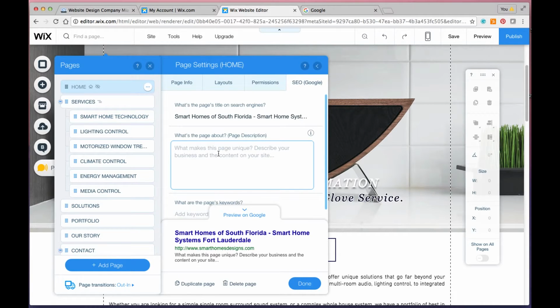However, I want to make sure that this description is going to be a motivating sentence, a motivating paragraph that gives a good view of what the user will find on this page, that would motivate that viewer to want to click on that link to find out more about the page. Again, I mentioned it's not a direct factor, but it's indirect. Meaning, if I can put a great motivating description in there, a call to action, you know, like find out more, or schedule an appointment, or view our products now, or whatever that case may be,